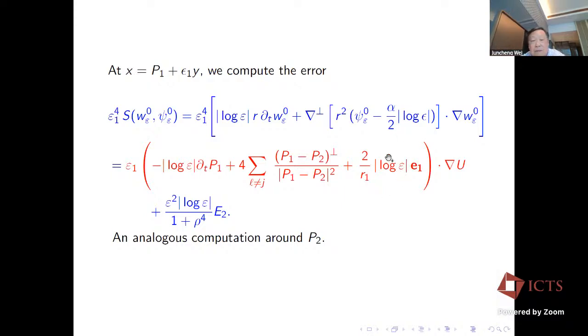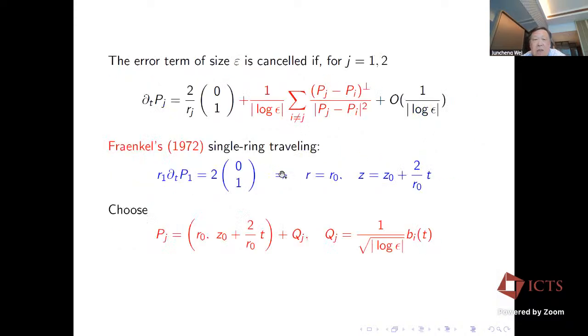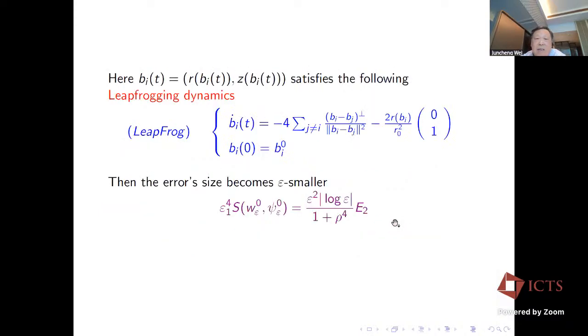Now if we assume that the distance between the rings is like 1 over square root of epsilon log epsilon, then